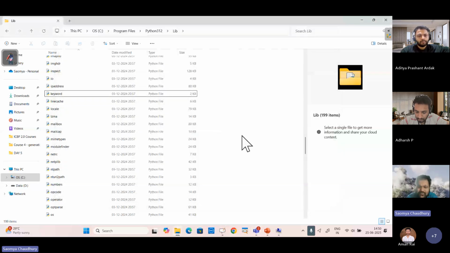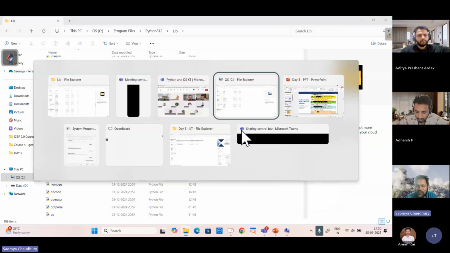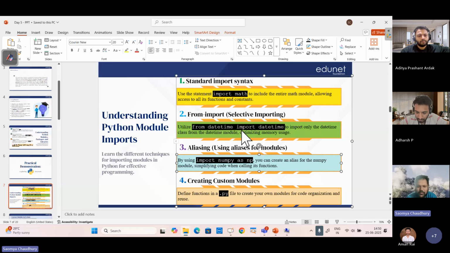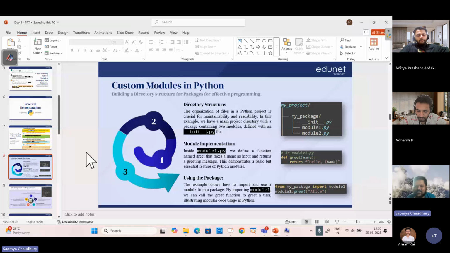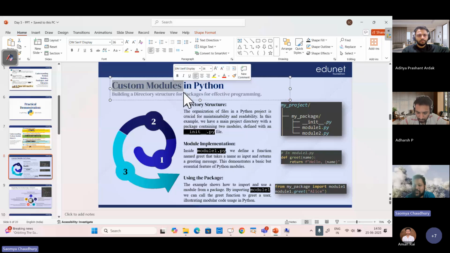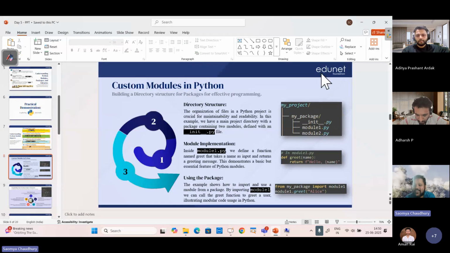Okay, perfect. Now, let's move forward to discuss a few more things. As we were just discussing, how you can import the modules and everything. So now, here's the thing. Let's say I want to create my custom modules in Python, right? It is always good to have, as I talked about,